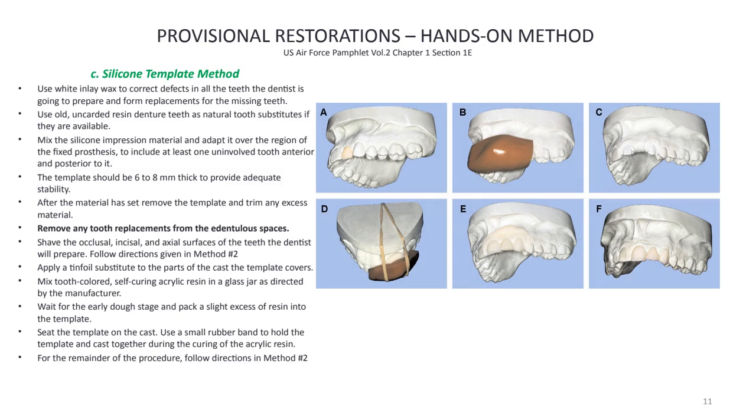Silicone template method, and this is probably the most used method when we use a lab putty to do provisional restoration. Again, we start with the model sent, the impression sent from the doctor with the missing teeth. We're going to wax up or add denture teeth in the place where the missing teeth are, and take a lab putty, silicone putty mold of the area where we wax up the teeth, remove the wax up, fill up